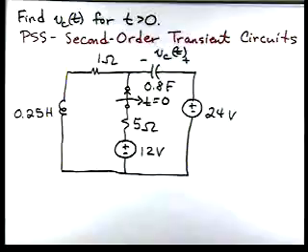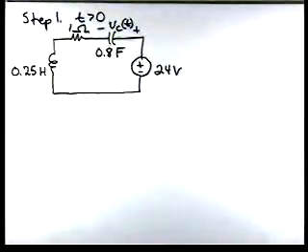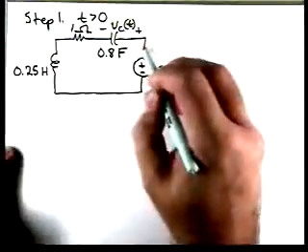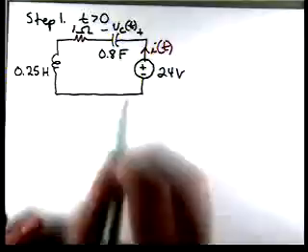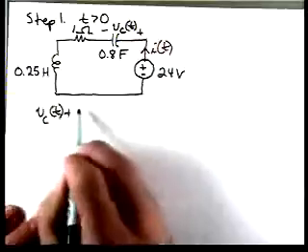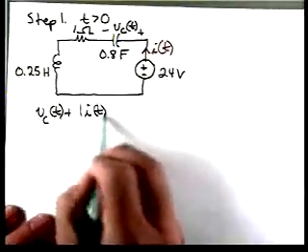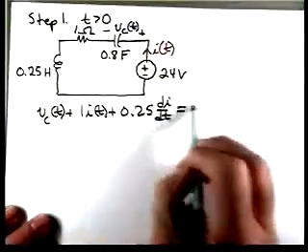So if we look at our problem-solving strategy, the first step is to write the differential equation for the circuit. So let's draw our circuit for t greater than 0. Here's a single loop circuit. I'm going to define a current I of t in that circuit. And now let's apply Kirchhoff's voltage law around this loop clockwise. So we'll have V sub c of t plus 1 times I of t plus 0.25 di dt equal to